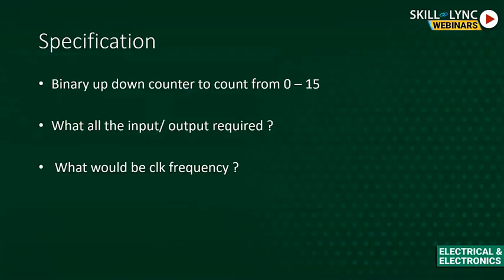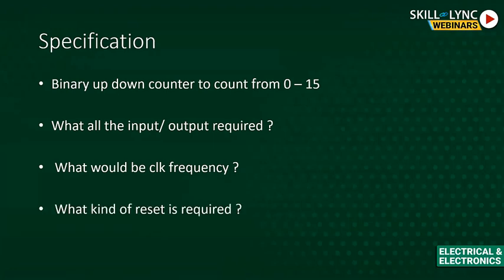If the specification has not mentioned it, you need to ask what clock frequency this counter is going to work at, and what range of clock frequency it would work over. How will you define in which clock frequencies this will work? It will be defined by the AND and NAND gates used in the counter, and the clock timing period that it supports. Depending on that, the clock frequency of the complete counter would be defined.